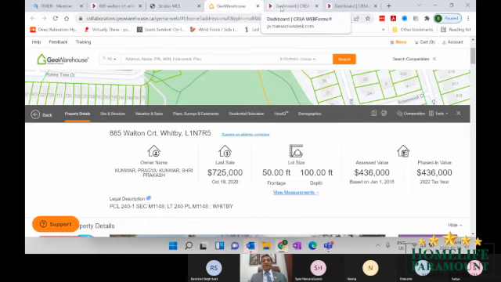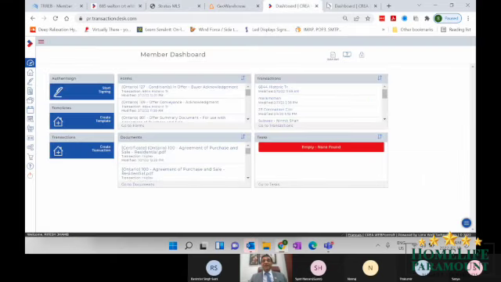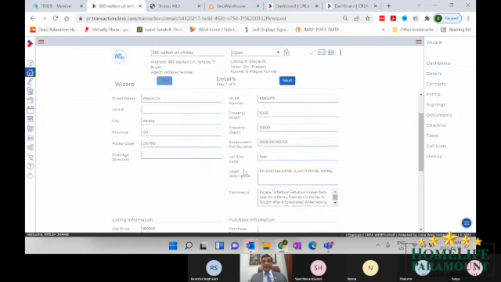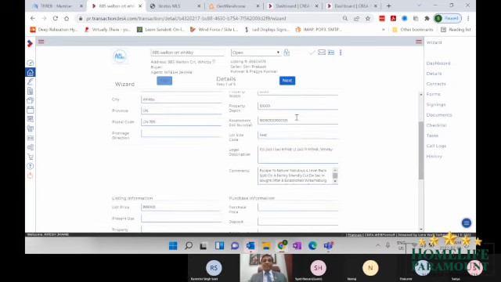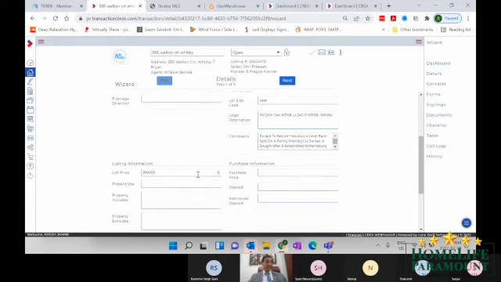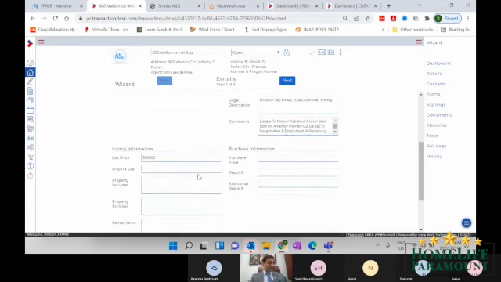We'll go back to the dashboard. Sorry, right here, and up to Whitby. So it's complete. Then match the assessment roll number with the information from Geo Warehouse, and here, just